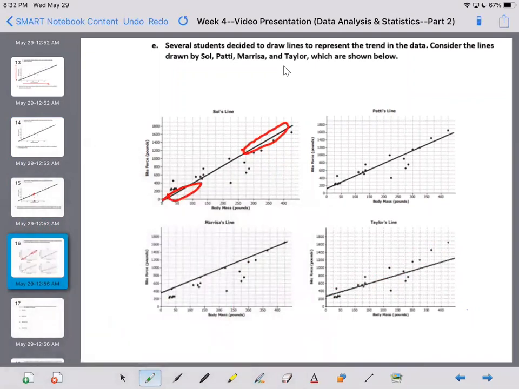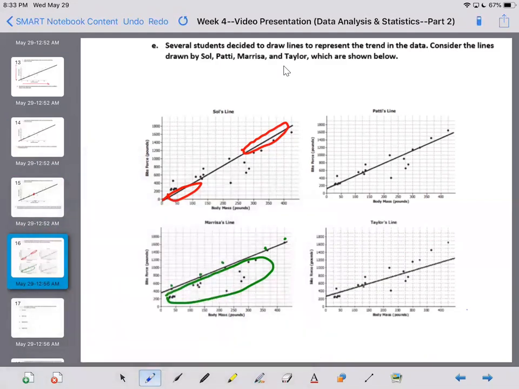It looks like Marissa's line overestimates the bite force because almost all the points are below. So you're seeing mostly these points, she's overestimated with her line of best fit. She's left a lot of those below. Really, she's looked at 1, 2, 3, 4, 5. Her line went through 5 points and left a whole lot of others below that, so that would give you that overestimate. And then if you look at Taylor's line